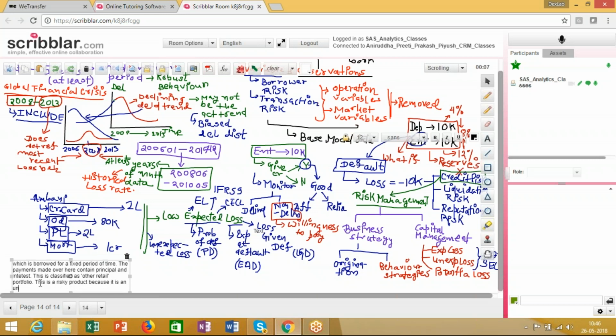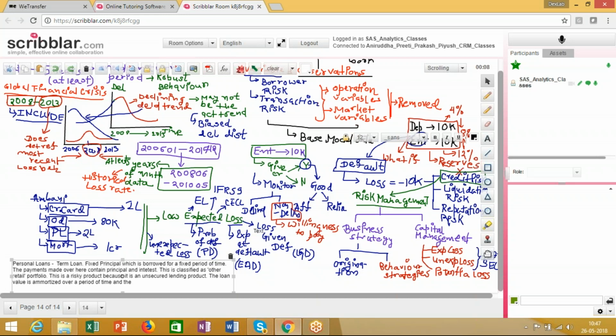It is an unsecured lending product. Because it is an unsecured lending product, the loan value is amortized over a period of time,